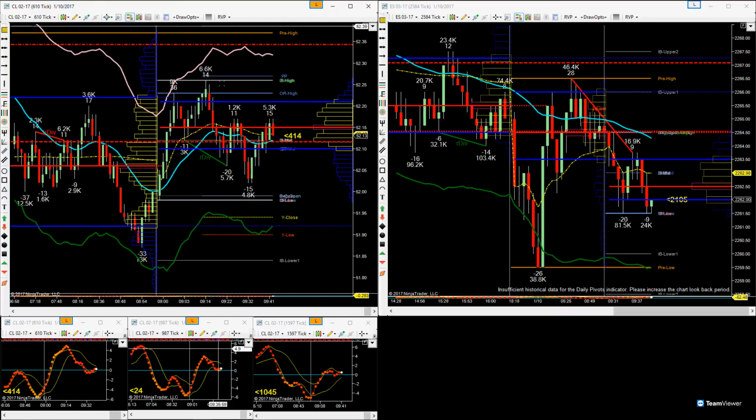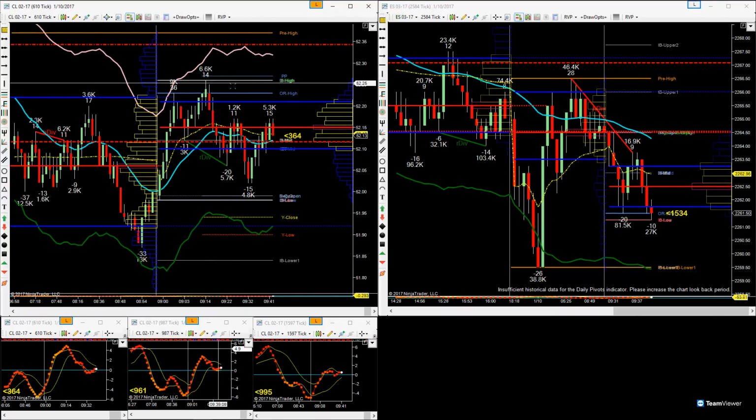I don't have a way to play back what we recorded, but if you remember, one of the areas we talked about was yesterday's value area low, since we were opening outside of value, which was 52.24. We came up and we held there almost perfectly. We held there twice, tick below, tick above. One of the expectations was we were going to do that, and then come test this